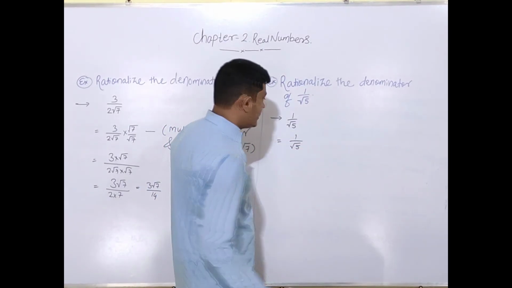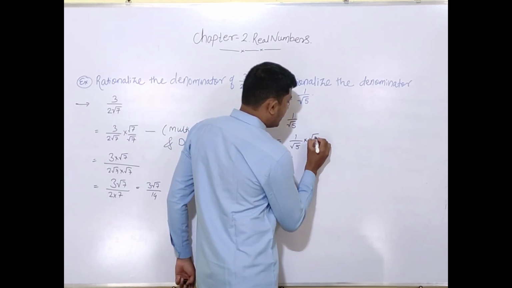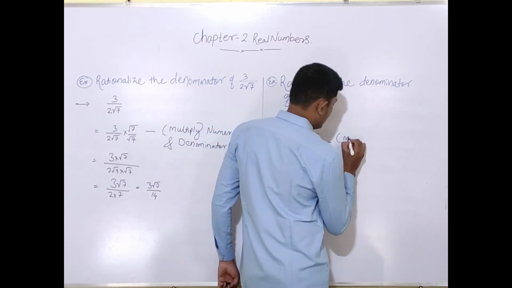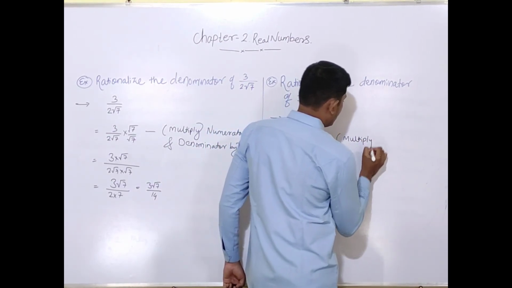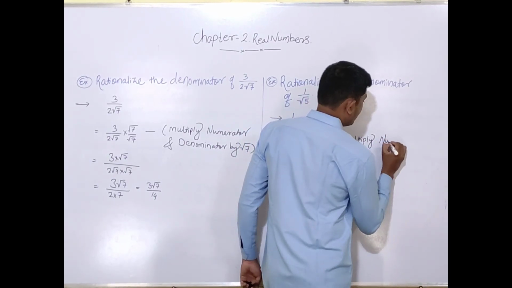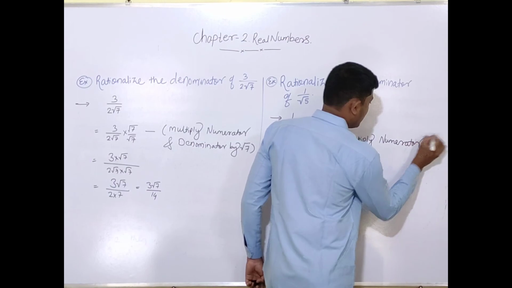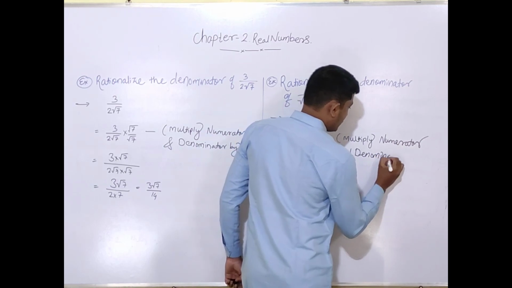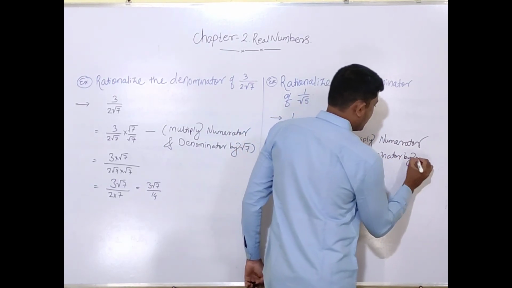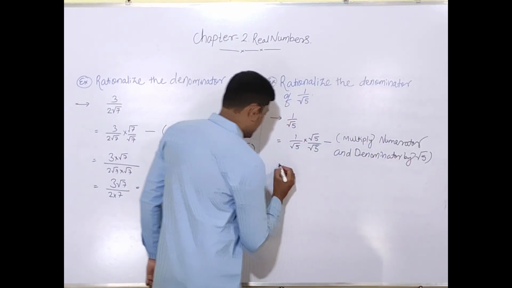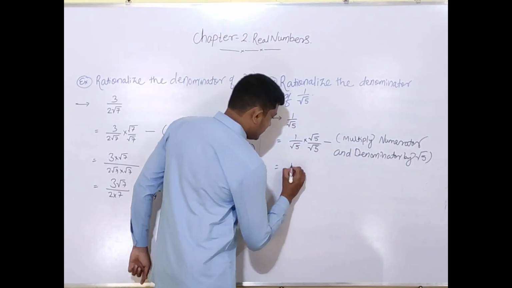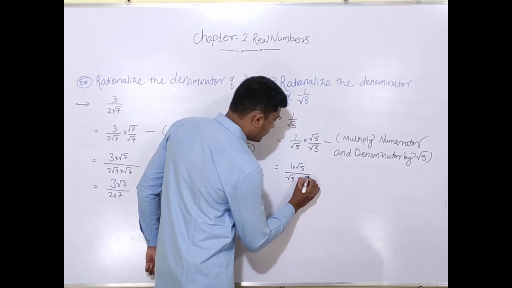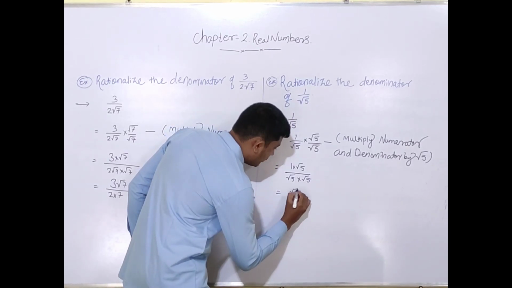We have to rationalize the denominator, so we multiply the numerator and denominator by root of 5 and do the multiplication. 1 into root of 5 upon root of 5 into root of 5, that is root of 5 upon